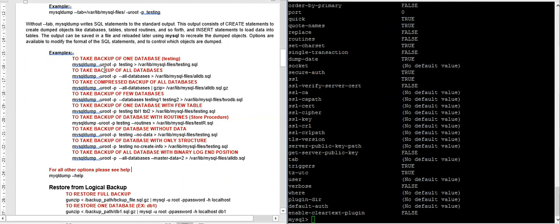So what are the possible ways to do a backup using MySQL? These are some options. The first option is to take a backup of one database.